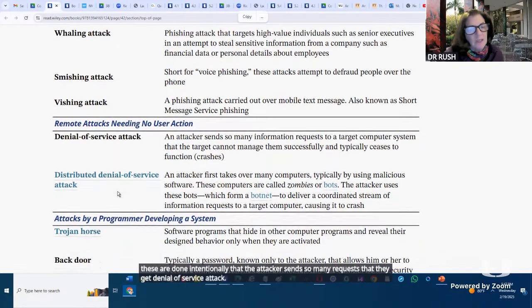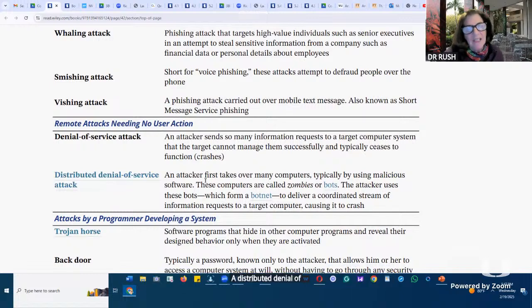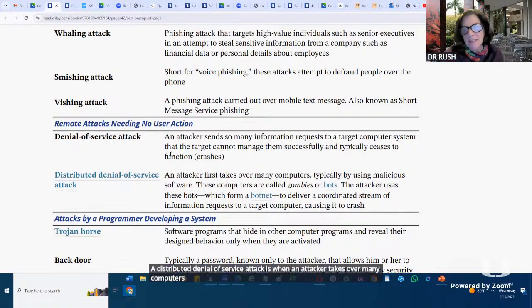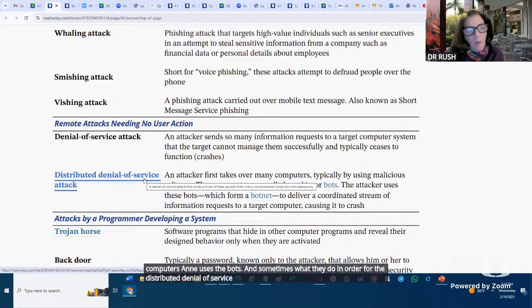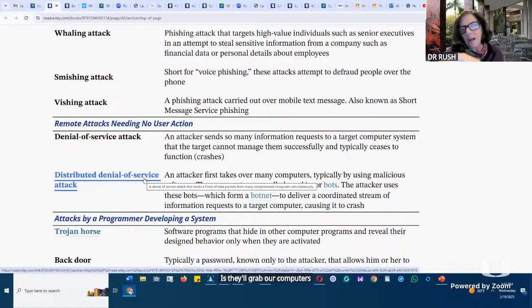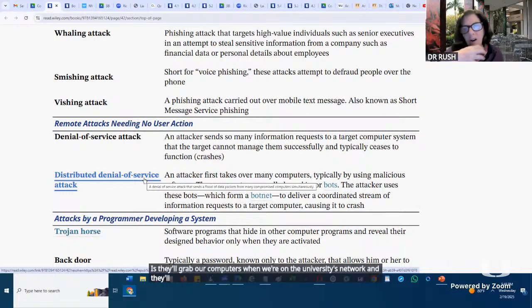A distributed denial of service attack is when an attacker takes over many computers and uses the bots. And that is why they are so strict with us about our computer network: they'll grab our computers when we're on the university's network, and they'll use our computers without our knowledge to attack other systems.